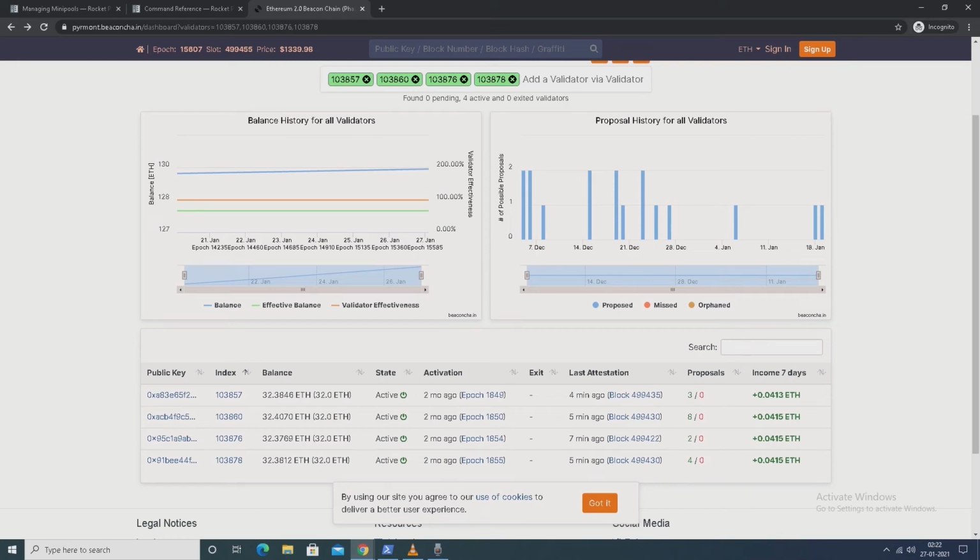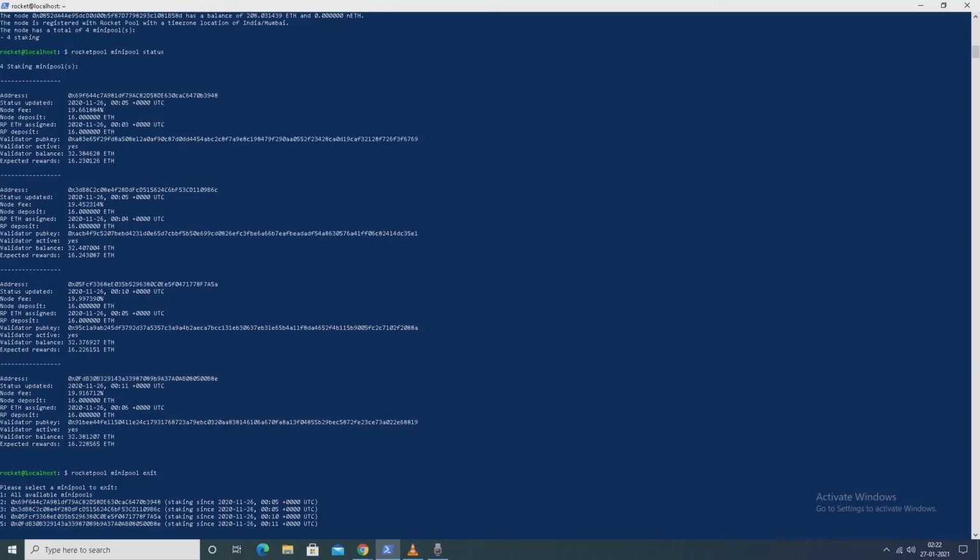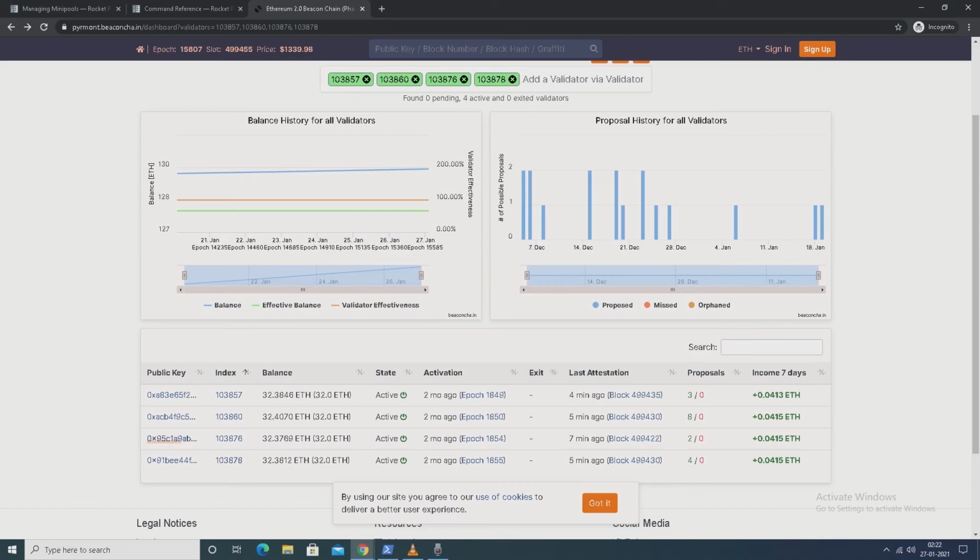It is having public key 95C1A9AB and 91BEE44. So let's check from the server. 95C1A9.